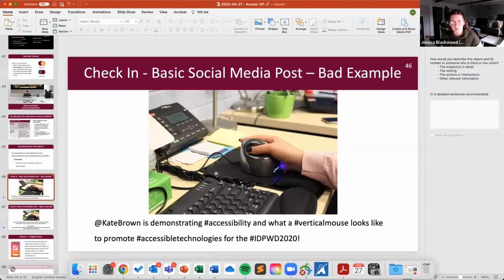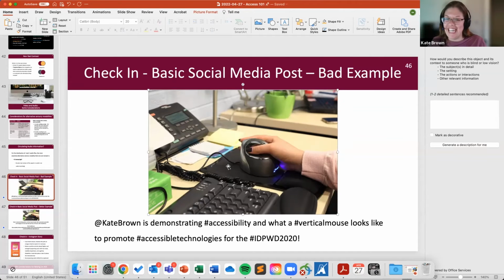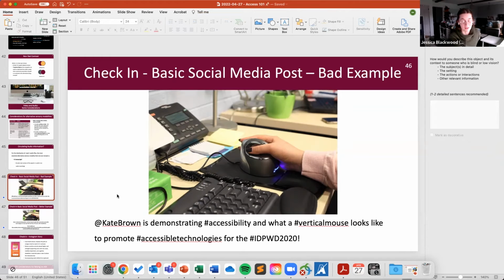I don't know if we did. No, there's no alternative text. I don't know if that was on purpose or not, Kate. There used to be. We have copied this from another presentation, so that might be why. But yeah, that can also impede having that equitable experience, same time and same consuming of information.